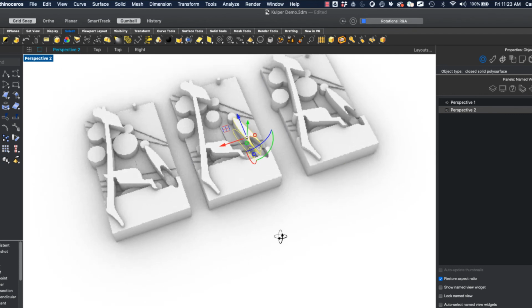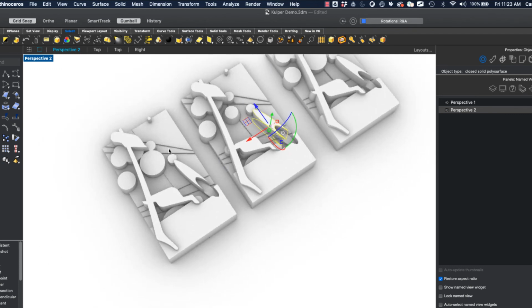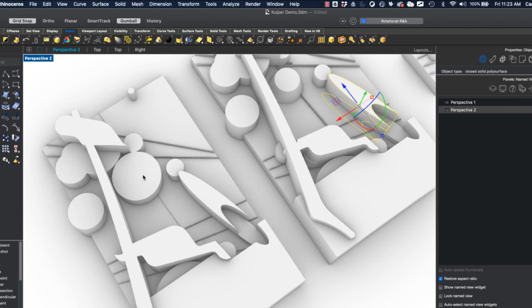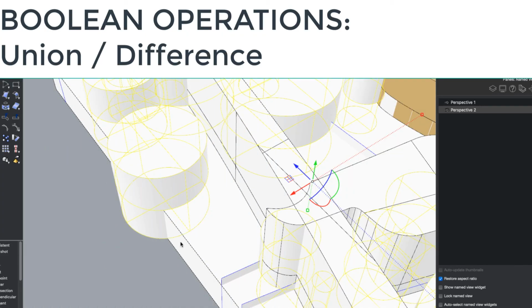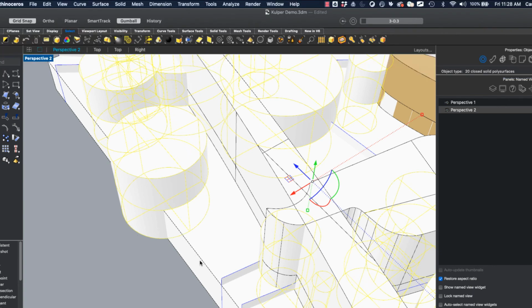Well, the other one that we talked about was using some of our Boolean operations. So I'm going to do one where I simply make these small indentations in the landscape instead of figural objects. So I'm wanting to use these cylinders to make some divots into the surface. So right now, if I was to use the Boolean difference command, they would cut all the way through the object. So I really want to raise them up. And I know that if the bottom is slightly below this surface, then I can push into the surface. Right now that surface is at 0.5, so I want to move my objects up